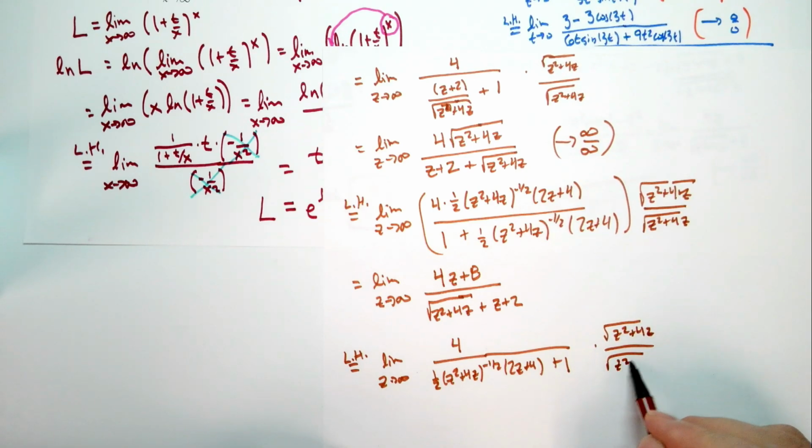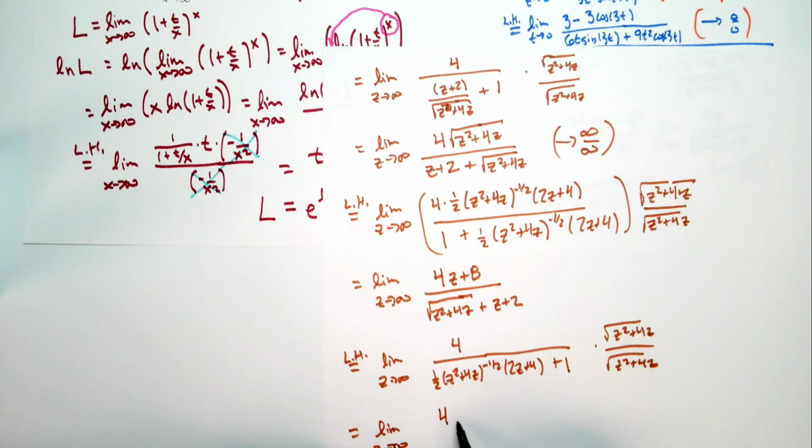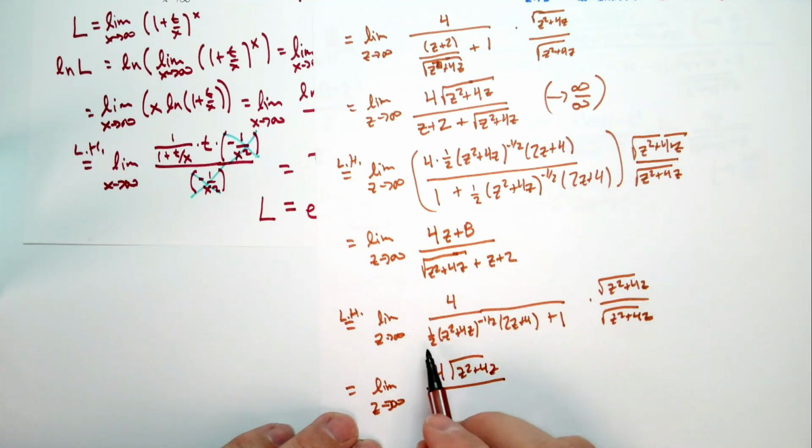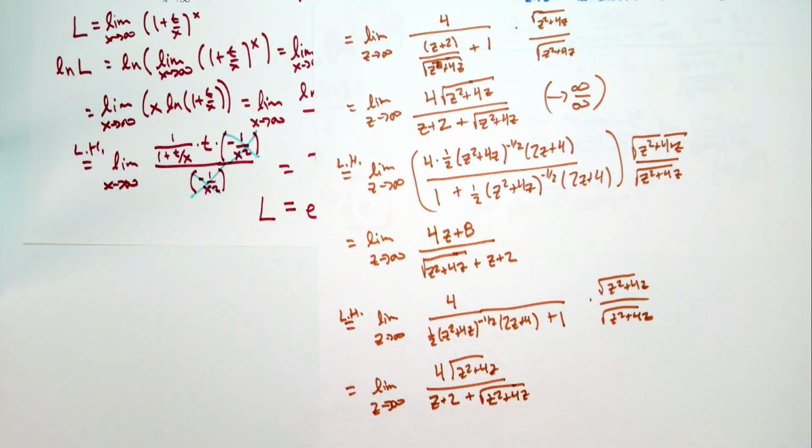And what do we get? Well, we get limit as z goes to infinity. And what we end up with is 4 square root of z squared plus 4z upstairs. And downstairs we end up with, well, 1/2 times 2z plus 4 is z plus 2 plus square root z squared plus 4z. And you might say, wait a second, that feels kind of familiar